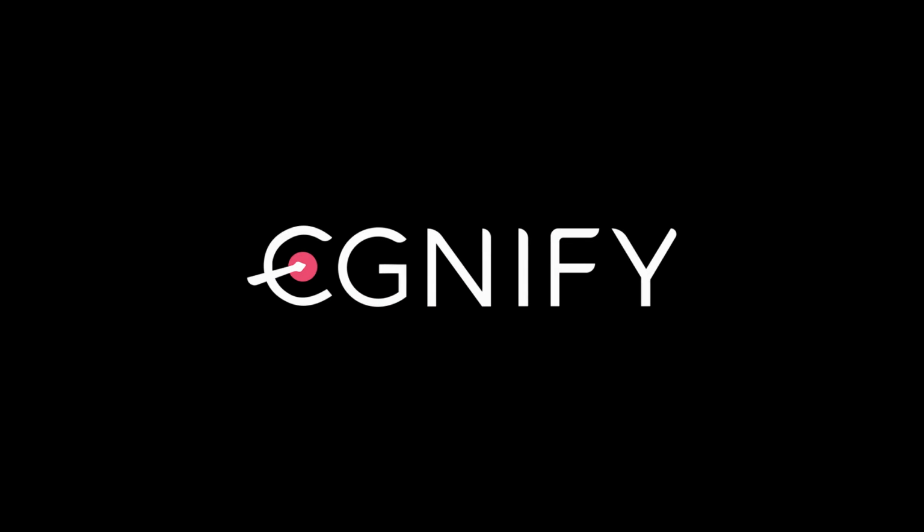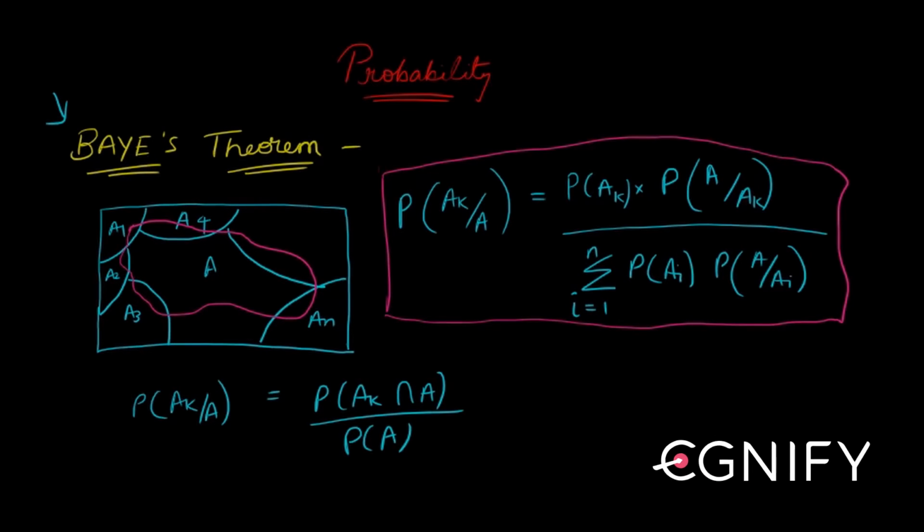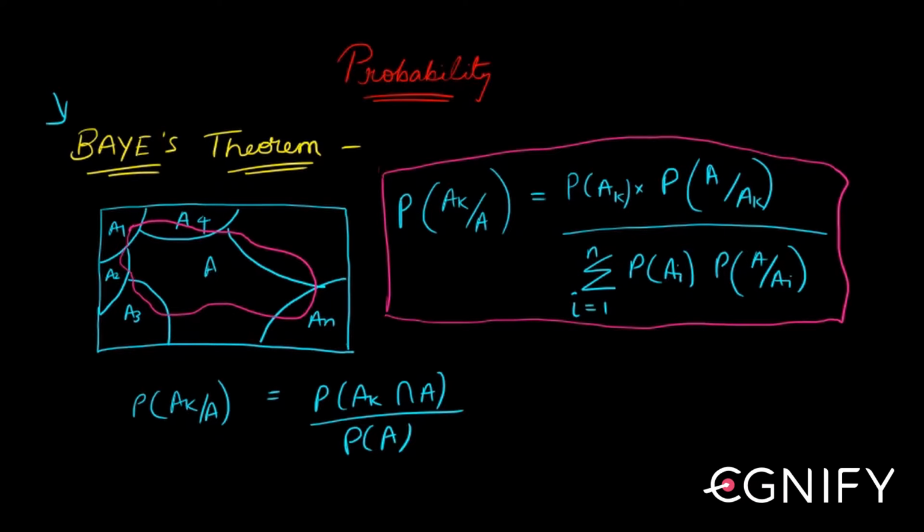So let us try to finally understand what this Bayes theorem is. This is the last portion of this chapter. The understanding that you develop from here will help you a lot when you solve problems. So this Bayes theorem is coming from the idea that you have a sample space in which you have these